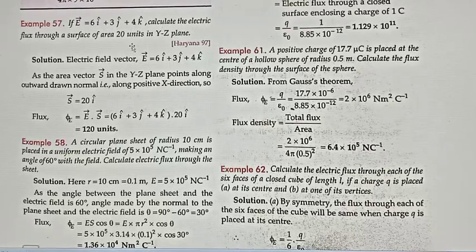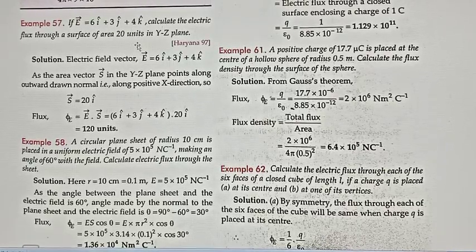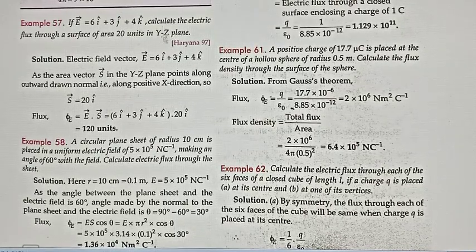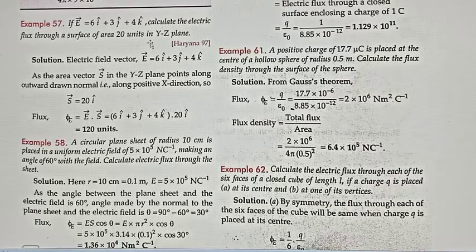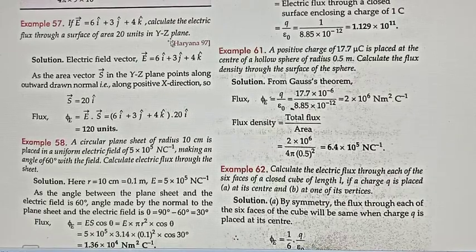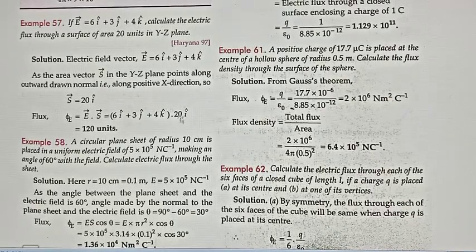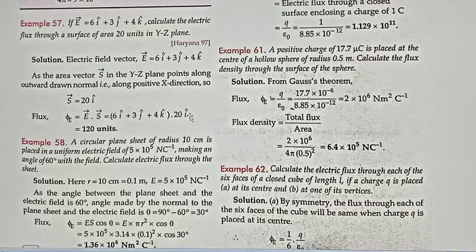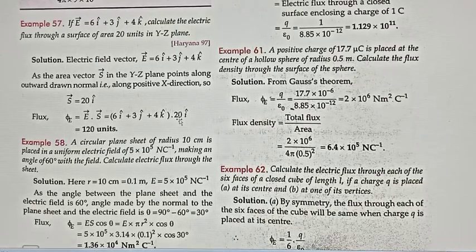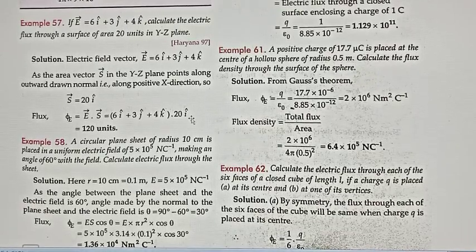So what you need is area vector. So area vector, if you want to draw on the YZ plane, so definitely the area vector should be perpendicular to the YZ plane. So if you draw an area vector which is perpendicular to the YZ plane, definitely it points along the direction of X. So that is why I have to put area vector A is equal to 20i. Fine, area vector A is equal to 20i, because area vector has to be perpendicular to the surface, and here the